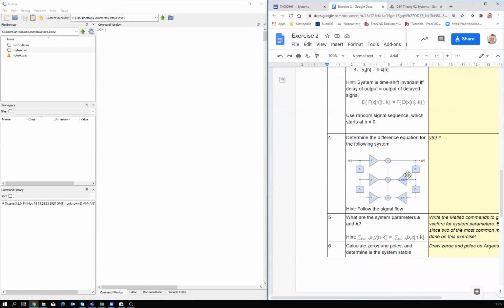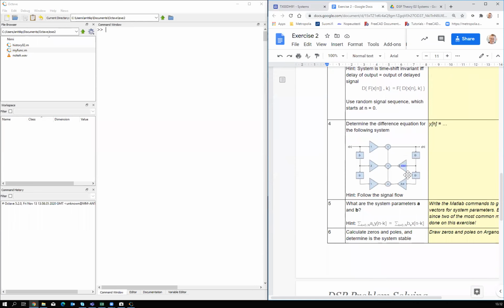After that, there is a kind of pen and paper exercise where you take a look at the flow chart, flow diagram, and start following the signal, trying to find out what is the output for this form, then determine what the system parameters A and B are,